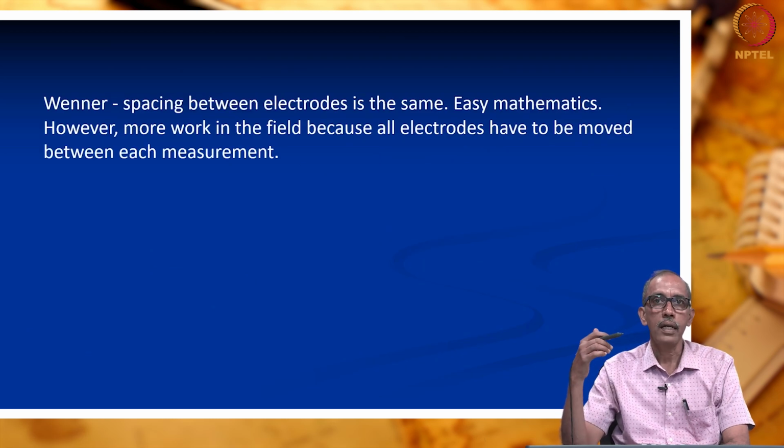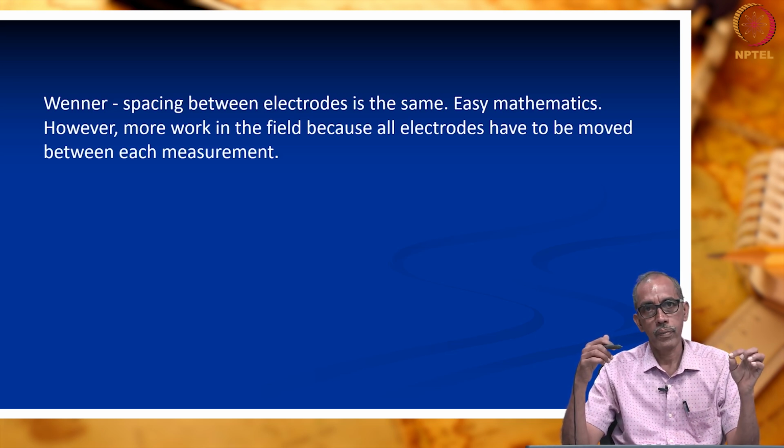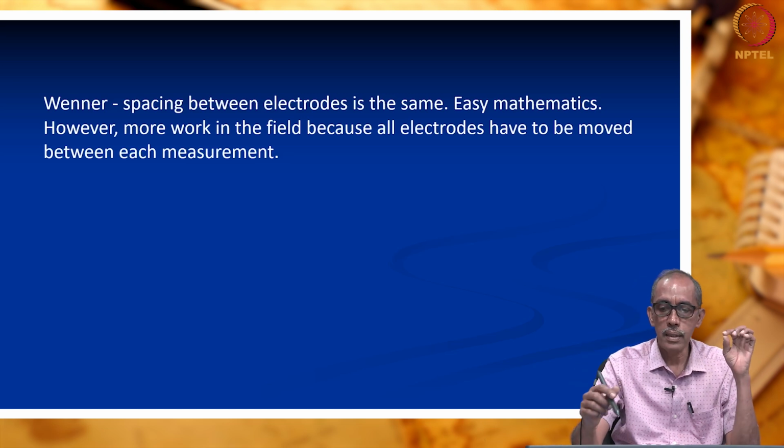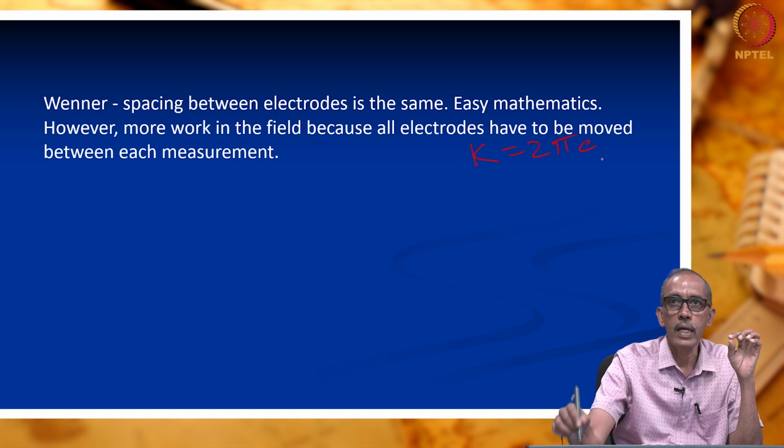Before that, let us also look into what are all the merits and demerits. In the previous page itself we had seen, but here I have written in the form of a sentence. What is Wenner method? Distance between the electrodes are same. What is the major advantage? Easy mathematics, that is K value, electrode constant is equivalent to 2 pi A, we had seen in the previous